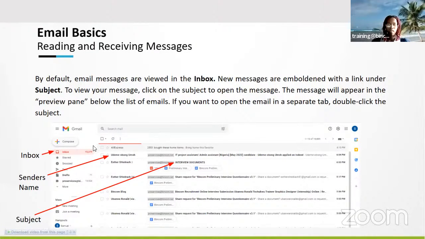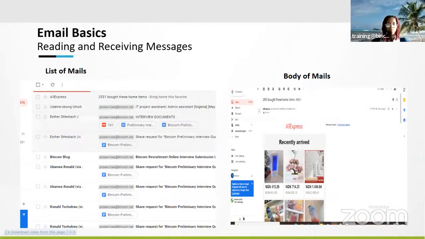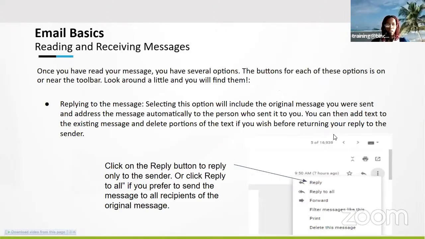So right here is someone's inbox. You can see how it looks, and you have the sender's name, you have the subject always showing, and you can also schedule meetings directly from Google as well, and also Hangouts. If you're familiar with Hangouts, it's just a subsidiary of Gmail, and you can use it directly from your Gmail as well. This is also how you can look at Gmail. Just click on anything you want, and you can see the body of the email immediately.